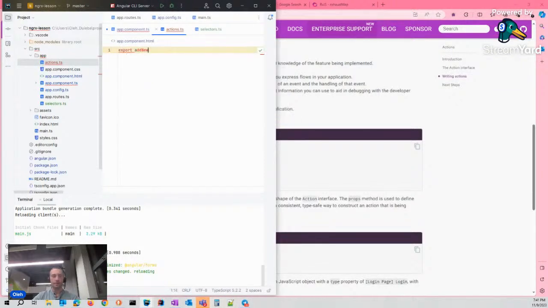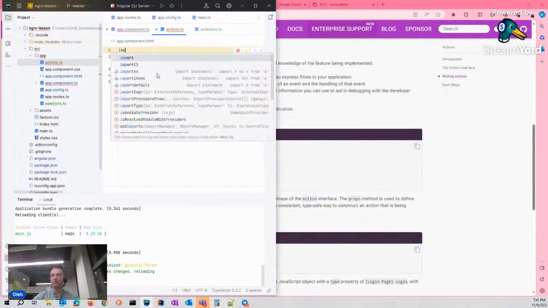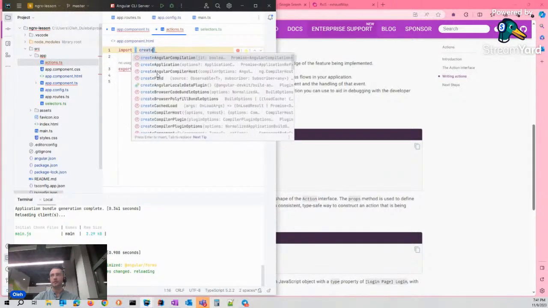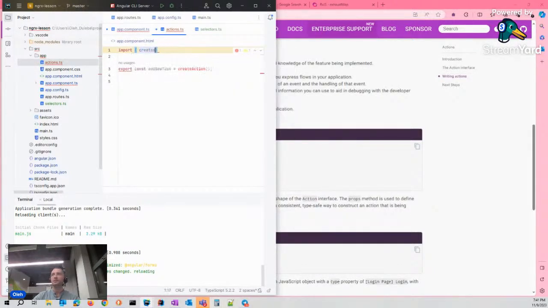Okay. Add new task. That's our new action. createAction. Import createAction function from the package.